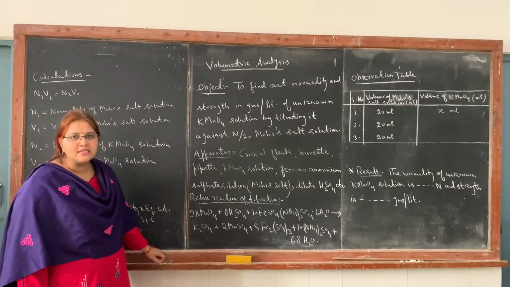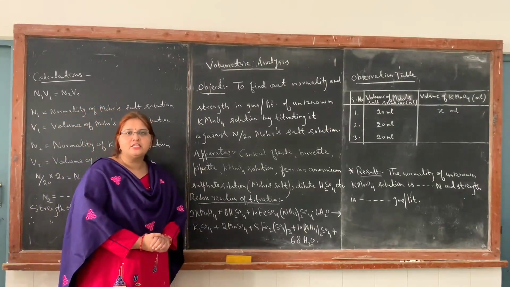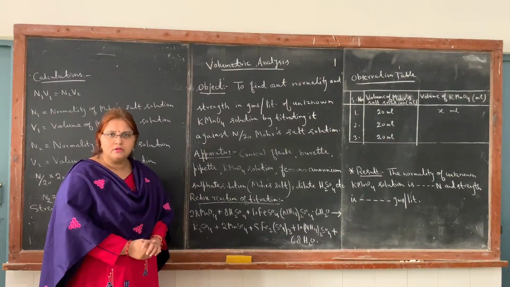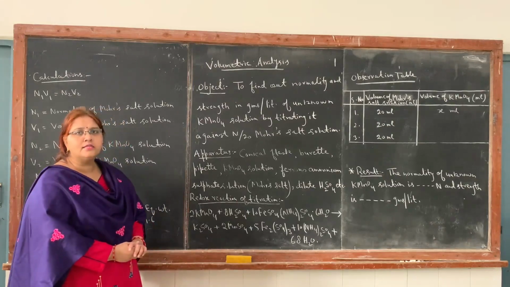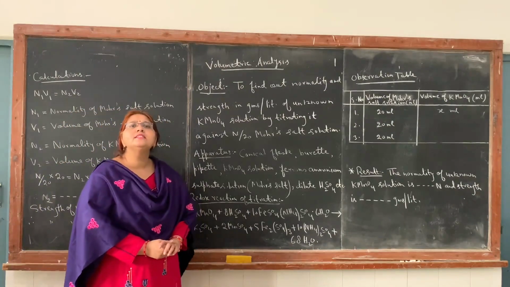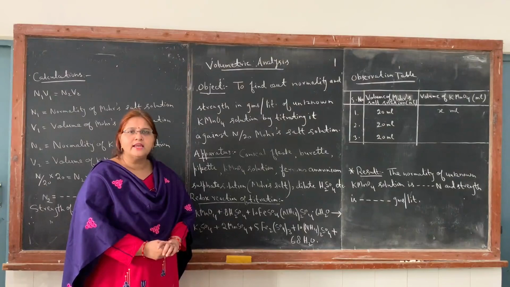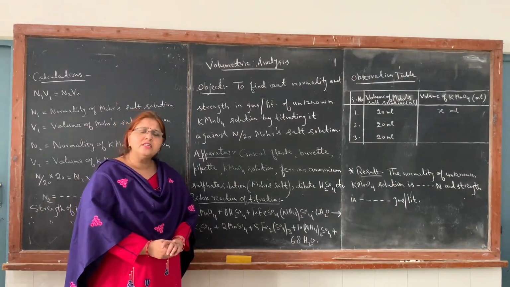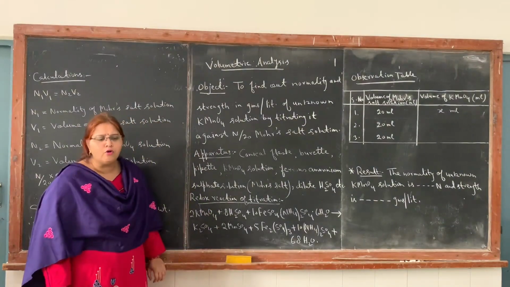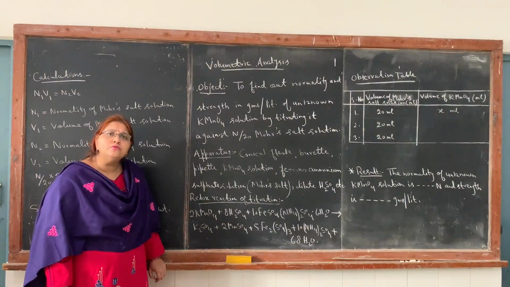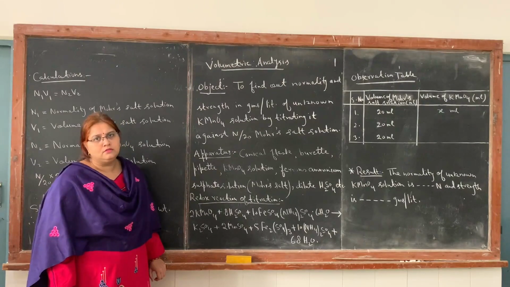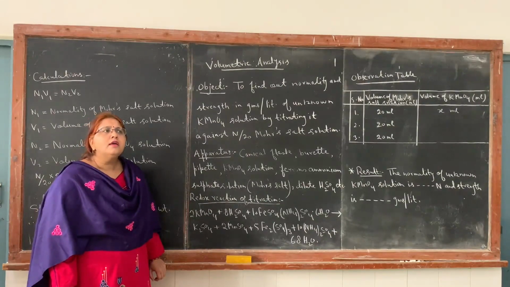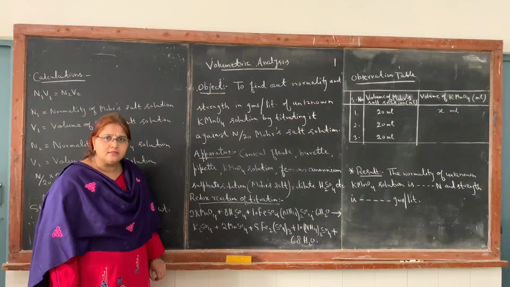We are going to discuss the titration experiment which is in your class 12 syllabus. First of all, we have to take a brief description about what is titration. You have to understand what is titration. A titration is a common technique where a solution of known concentration is used to determine the concentration of an unknown solution. So, titration is an example of quantitative analysis.